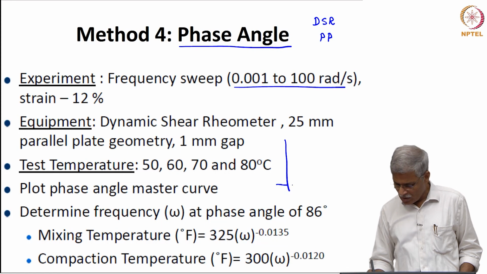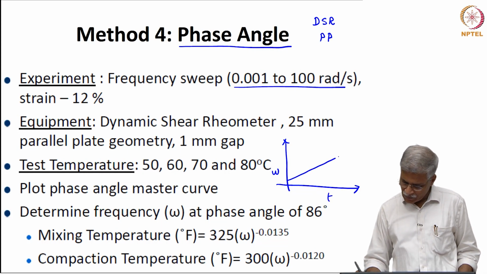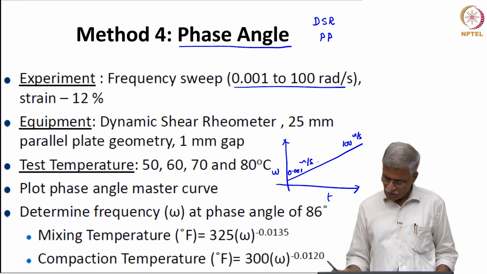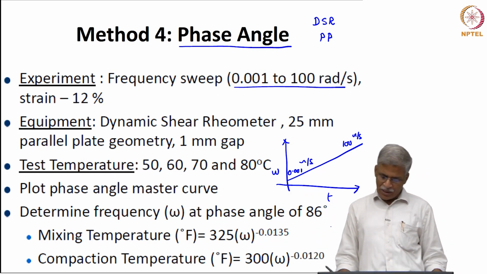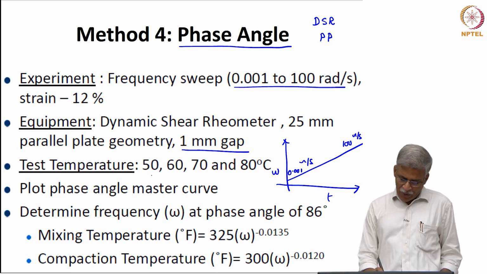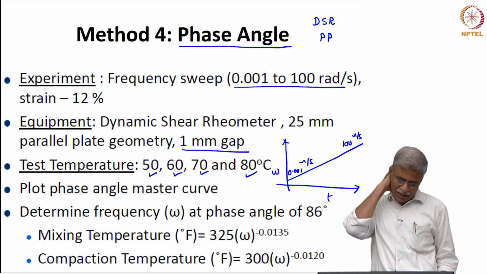We start from the lowest frequency, let us say this is 0.001 and this is 100 radians per second. So, we do a sweep, right. That is what we do here, and we use a 1 mm gap, and we do not now follow the PG temperatures, but we just pick 50, 60, 70 and 80 degrees centigrade,